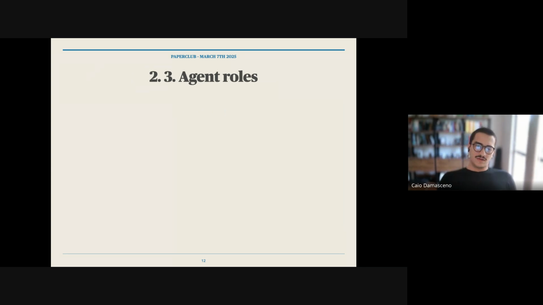So now the agent roles, that is our focus here. The first one is the ontologist, and the role of the ontologist is to define the concepts and relationships based on the subgraph. That is, in the subgraph, you have broad connections between the concepts, and the goal of the ontologist is to go deeper in this.